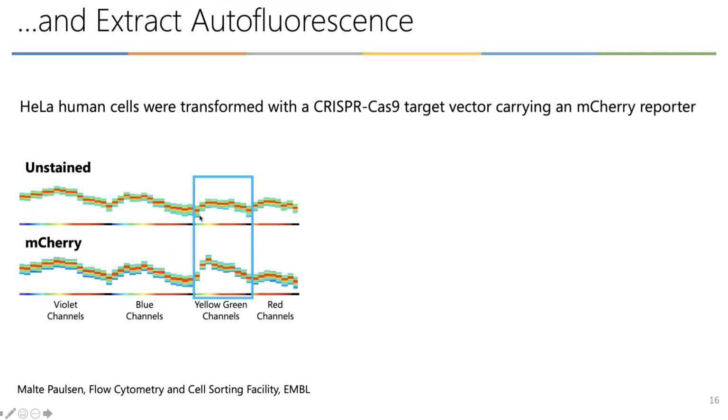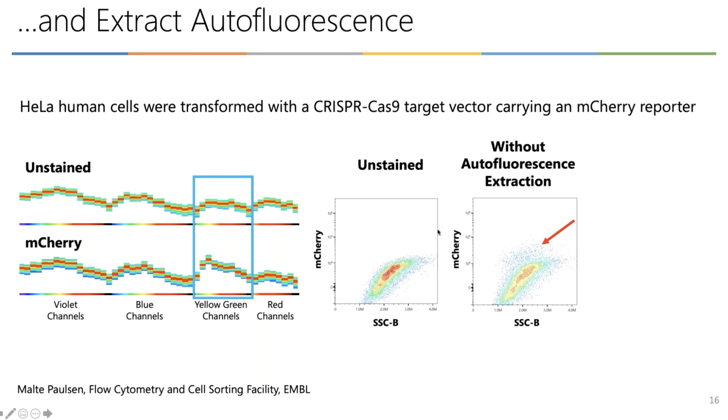So what happened when we ran the assay? We look at the unstained cells and we look at the mCherry dimension, and we see that there's a lot of signal going on already. Why? Because the cell had high autofluorescence at that wavelength. Now,